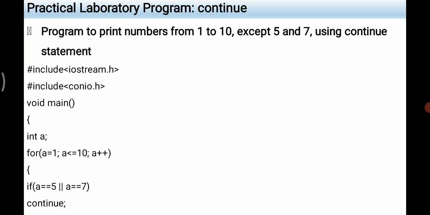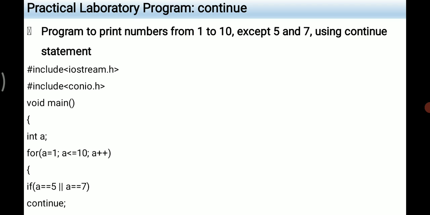Instead, it skips the remaining statements in the body of the loop, transfers to the beginning of the loop, and continues with the next iteration of the loop.